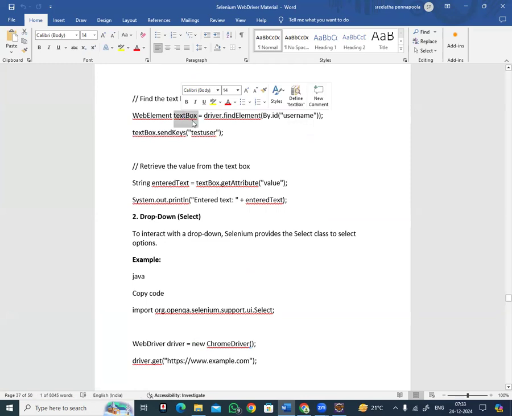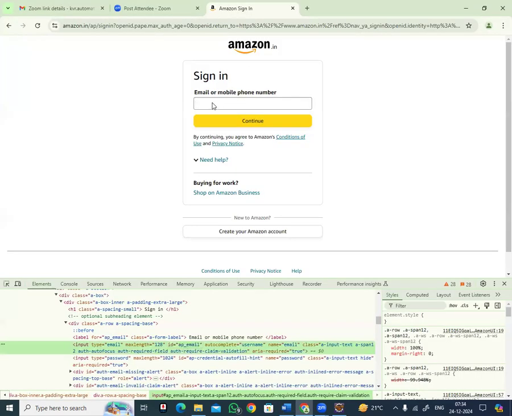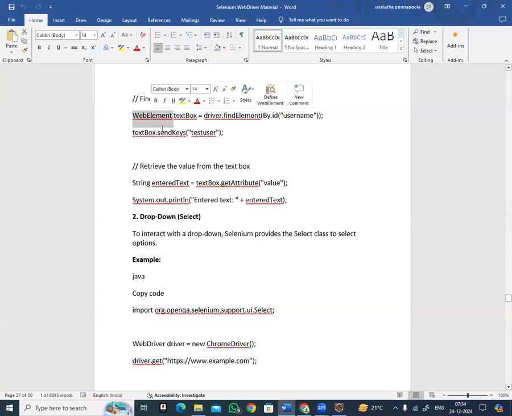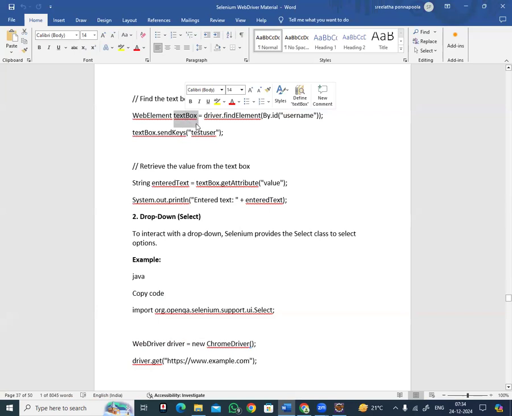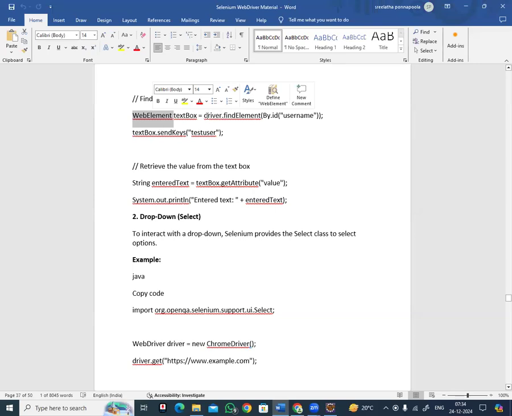object or one variable you're taking, which is a web element type, because all are web elements only, right? This is a web element, this button is a web element, and in a web application, everything is a web element. That's why the WebElement class is there in Selenium packages. So WebElement type of one object, textbox, equal to, so this is a web element, right? So we are taking textbox. We can write any name here. Okay, textbox, some text one, text two, whatever object name, which is a web element type, equal to the